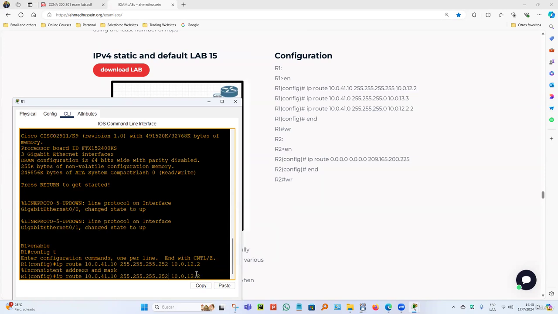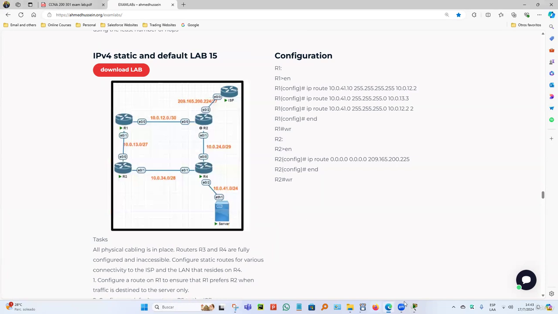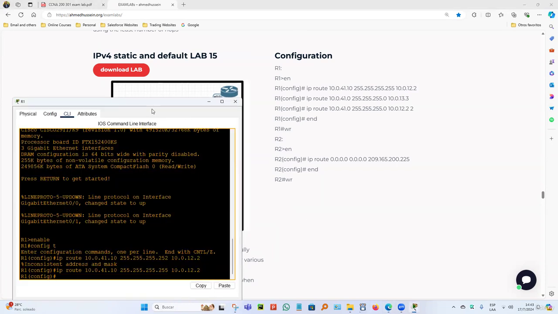So my mistake is actually 255, the ones that we need to use. Whoever did the lab, he was right. We need 255 there, because of the static route configuration, in order to work, we need all 255. Let's do the following. We're going to repeat the command, but we're going to change the next hop address